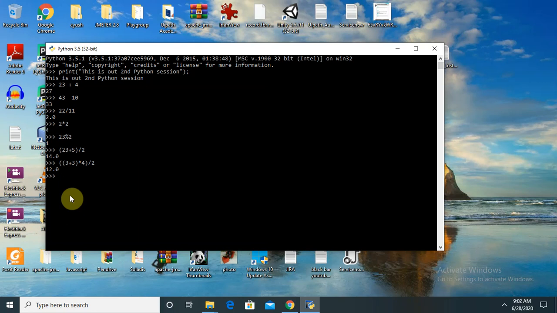You can see here it's very easy as compared to other programming languages. It's not possible like this in Java and C++. We have to write a number of lines of code to get this type of operation, but in Python it's very easy. So this is all about how we can perform mathematical operations in Python.